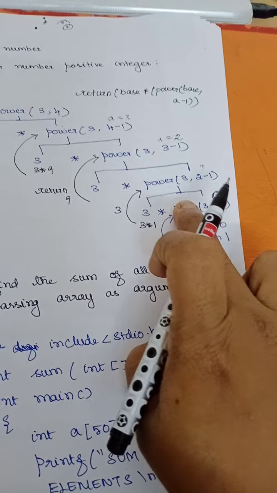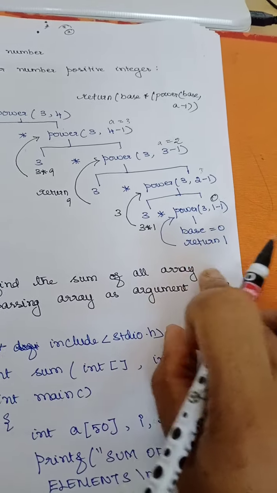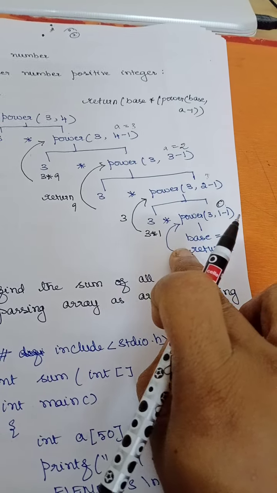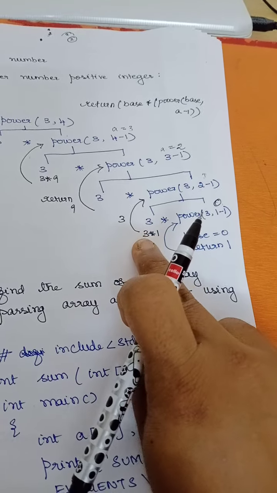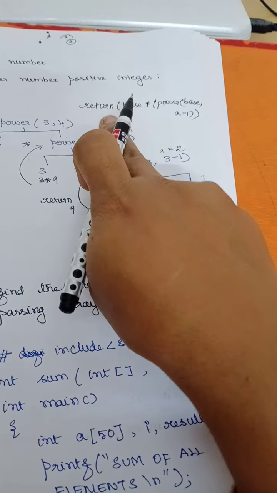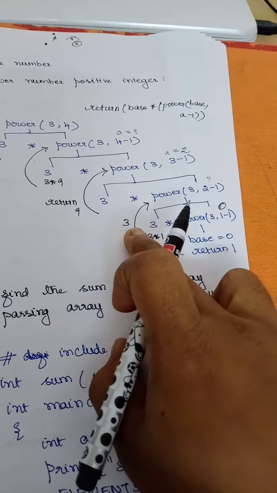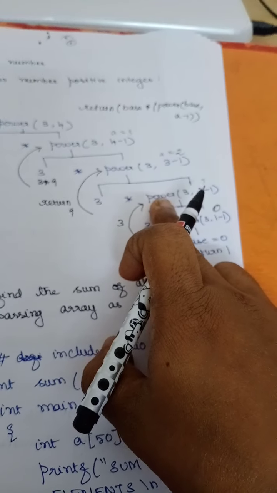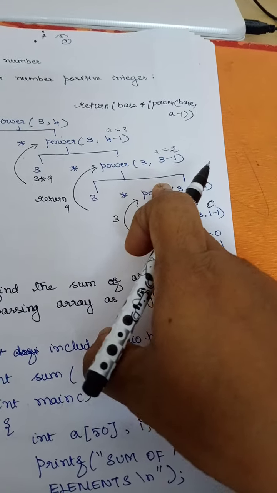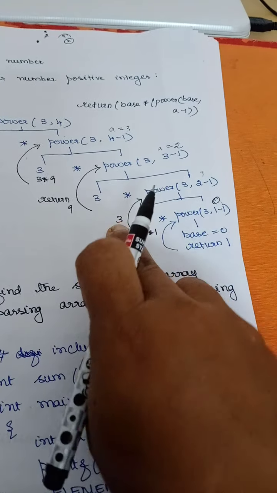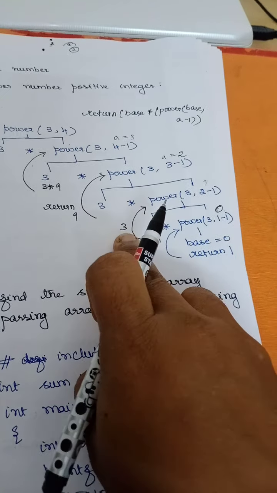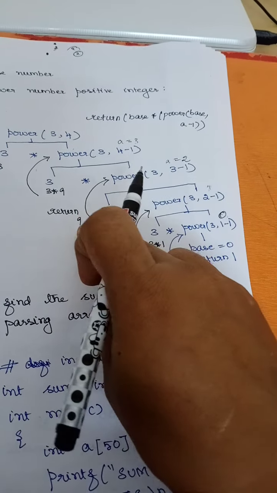So this is the function that calls this, right? So what I will do? I will return 1 here. So 3 into 1 is what? Again it becomes 3. So return. Again it will go to where the function is being called. From here only I have called this function, so it will return here. So 3 here, so 3 into this 3 is what? 9.